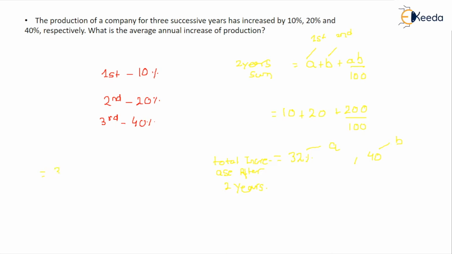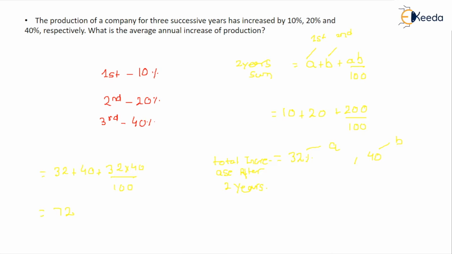So now A becomes 32, B becomes 40, that is A plus B plus AB by 100. So after applying, this comes out to be 72, and the rest of the thing,